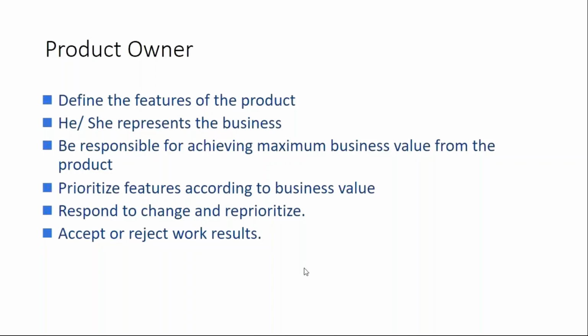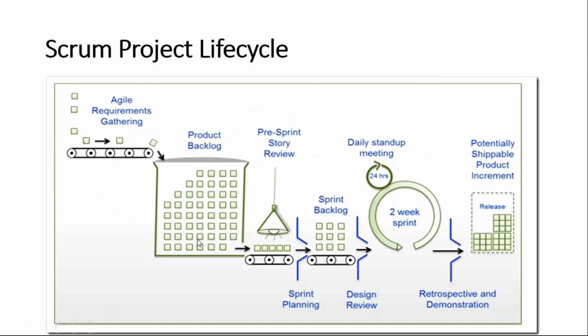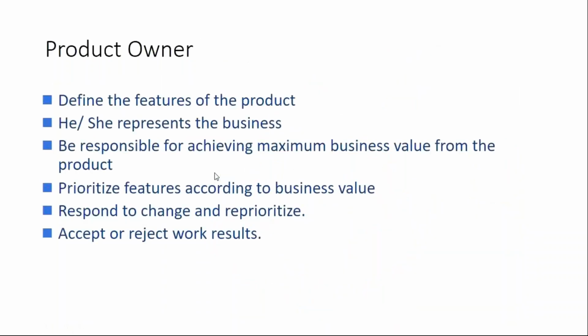So if I go back to my old diagram here, those things will be added and will come up the hierarchy, and the ranking will be done accordingly. So the next point is exactly talking about that. Prioritize features according to business value. This business value can change from time to time, but as a product owner, it should not change in between a sprint. That is the worst case it can happen.